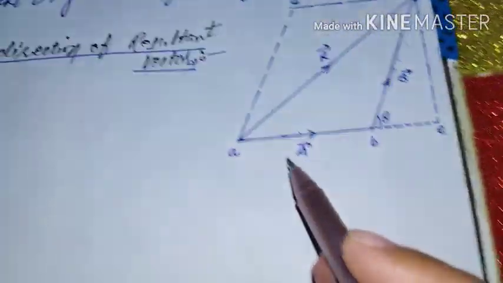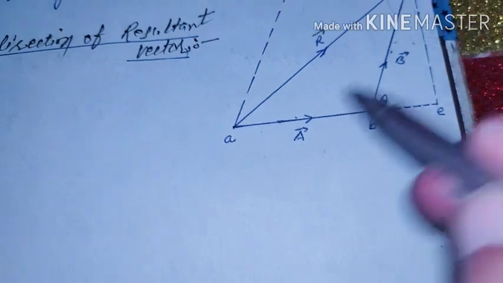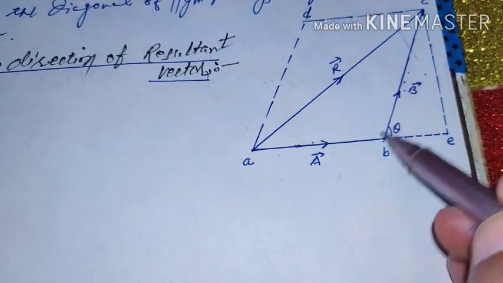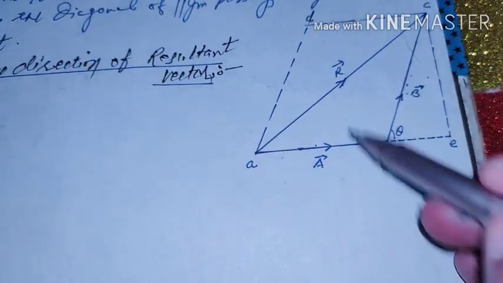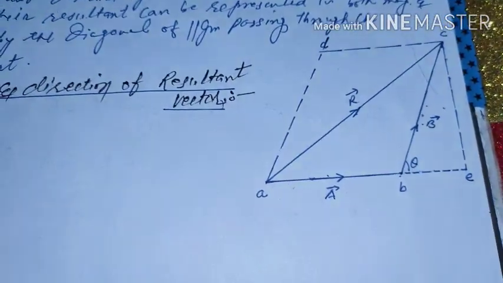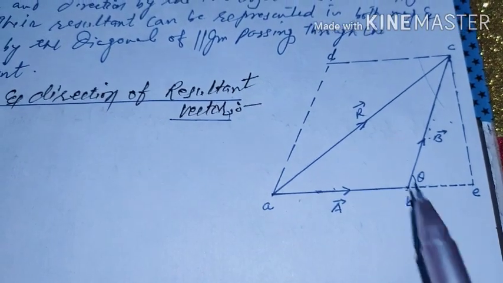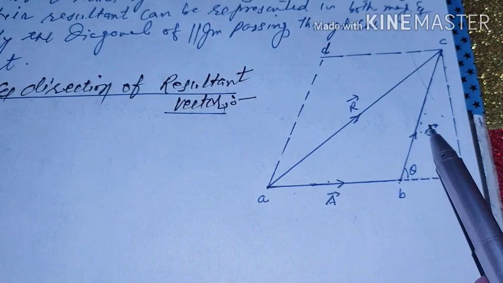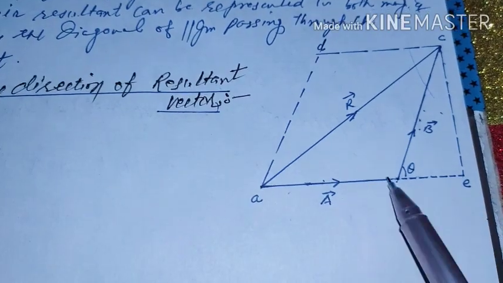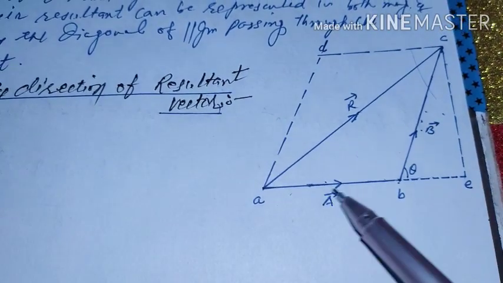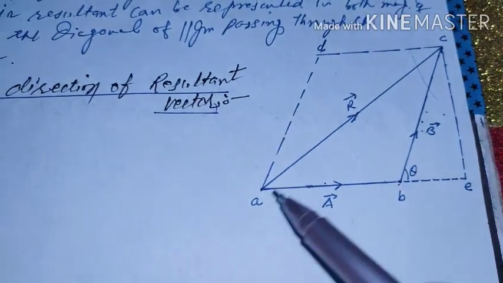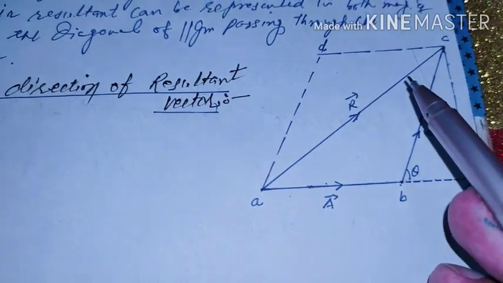First of all, I will move towards the definition. If two vectors, vector A and vector B, are represented with the help of two sides of a triangle taken in the same order, then their resultant can be represented by the third side taken in opposite order. Listen properly. If two vectors A and B, which are inclined at some angle, are represented in both magnitude as well as direction with the help of two sides of a triangle taken in the same order, then their resultant can be represented by the third side of the triangle